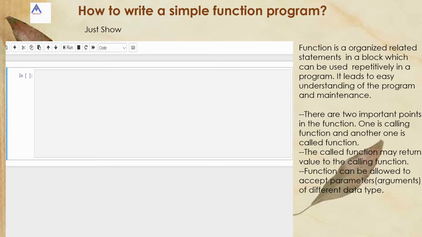A function is basically an organized, related set of statements in the form of a block which can be used repetitively in